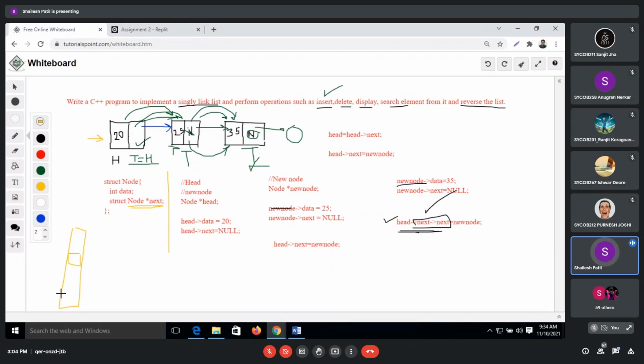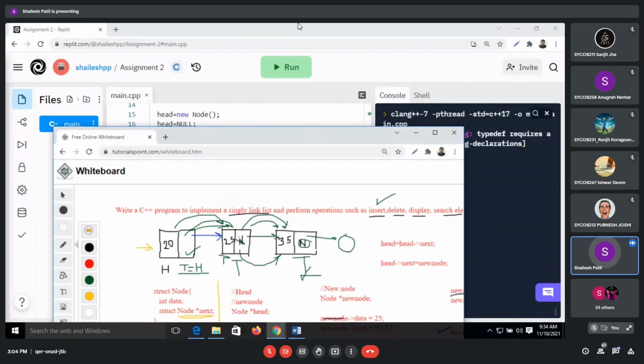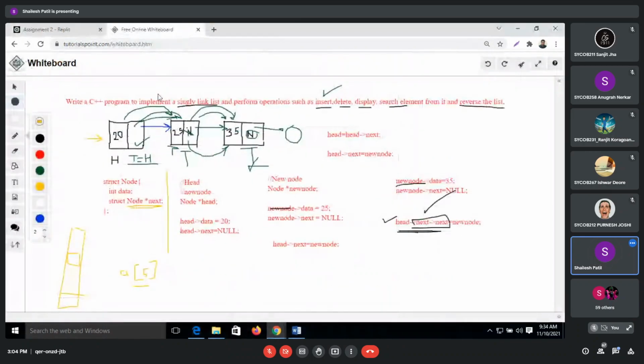Okay, so you must have a reference of a base address. Whether you are writing a of 5, a still has some base address, and that is calculated, and only on the base of a are we going to move to the 5th position. Likewise here also there is a head node. With the help of the head node only we are able to move to the actual position.